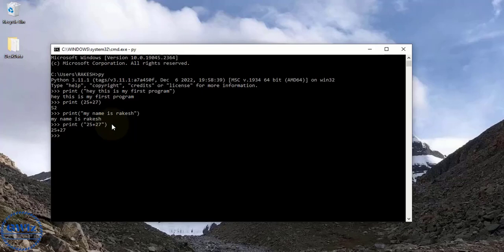Congratulations. So what is the program? Print hello world. This program will print hello world as an output. So successfully hello world has been printed. That's it, it's as simple as that. Okay, so congratulations, we have installed Python, we have installed our IDE, we have written our first Python program, and